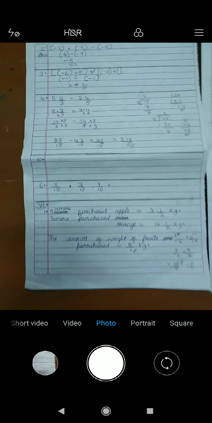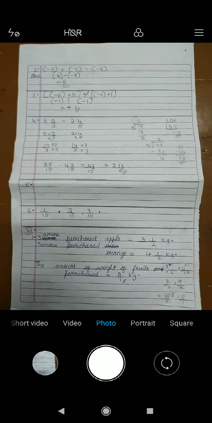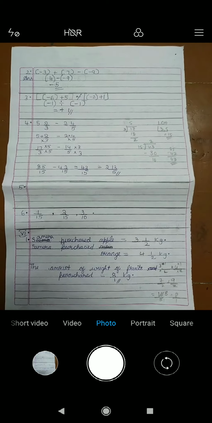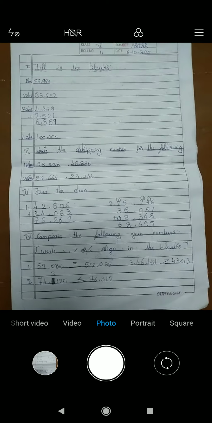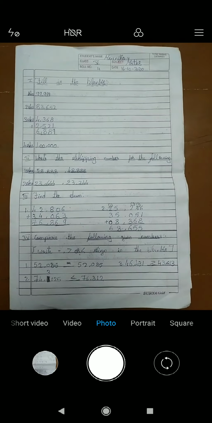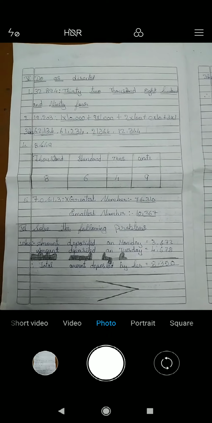So this is my second page. I'm taking a photo. I'll take care that my name and my answers are not cut when I'm taking the photo, so that I'll not miss my marks and identity. So I'm taking the third page of my answer scripts. Light is also very important because teachers should see your answers and award marks to you. So this is my next page. Yes. So I'm ready with photos of my answer sheets.